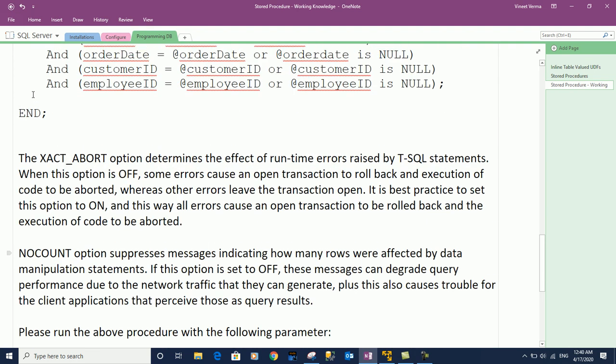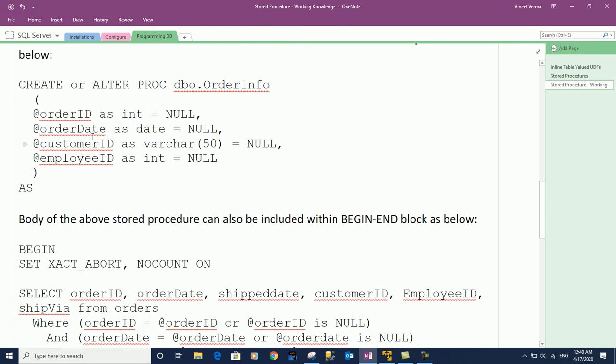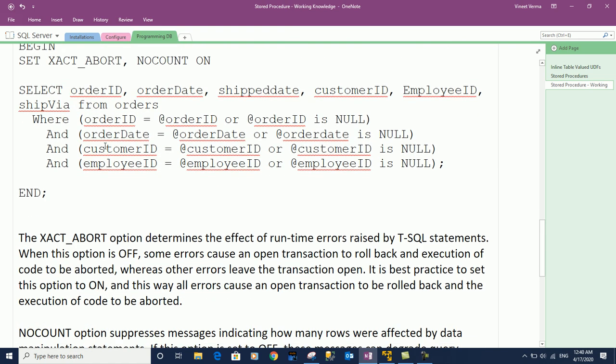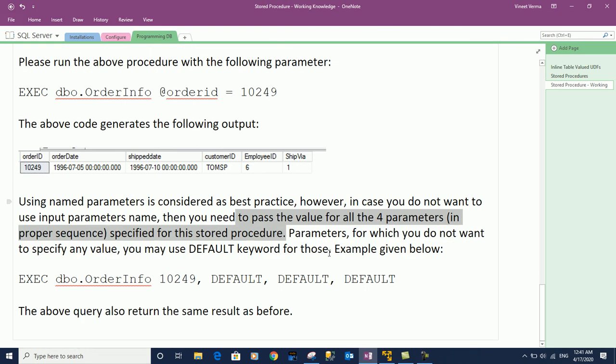So the sequence was order ID first, order date second, customer ID third, and employee ID fourth. For parameters for which you do not want to specify any value, you may use the default keyword. An example is given below, so we can write the same statement using the code given below,